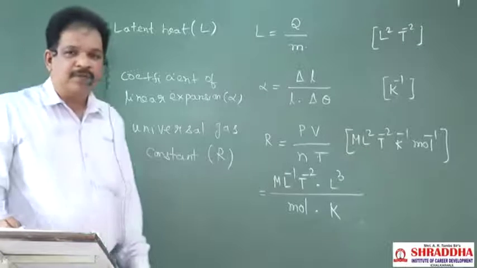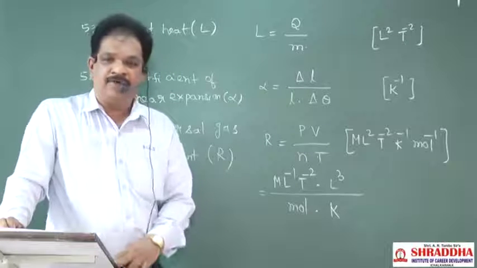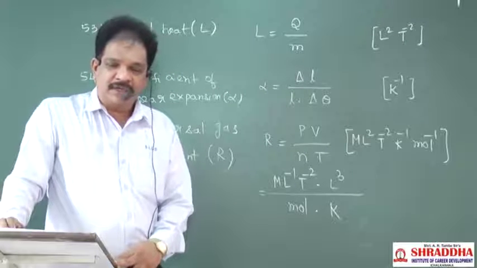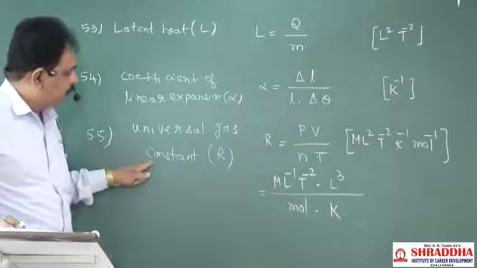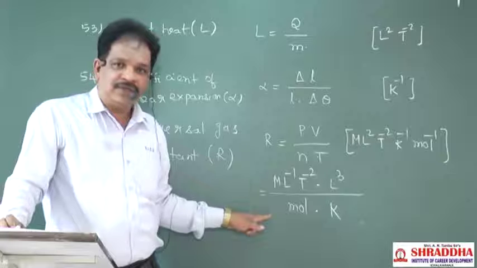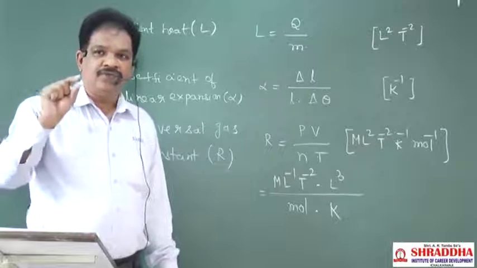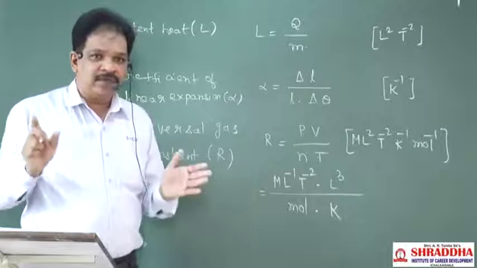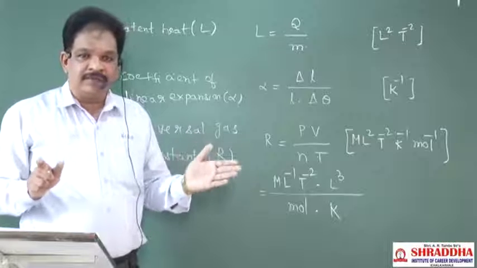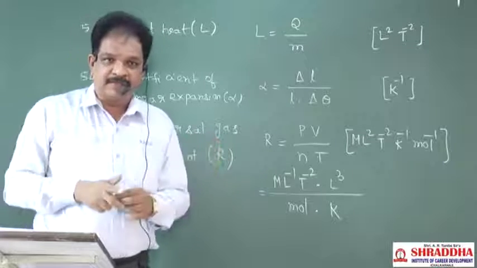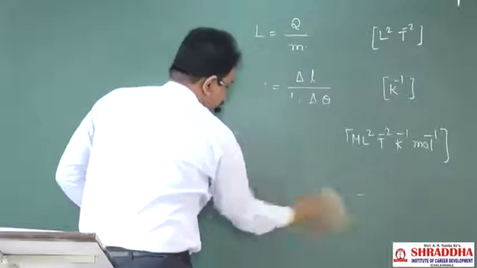Clear? Up to now in this class we finished up to 20 dimensional formulas, totally 90 are there. We finished up to 55. Still some more 10 we will try to finish in this class. Still one more lecture is required to finish the remaining. What we are doing, we will finish all the dimensional formulas first, then we will try to do the problems based on that concept. Okay? Now 46 to 55.